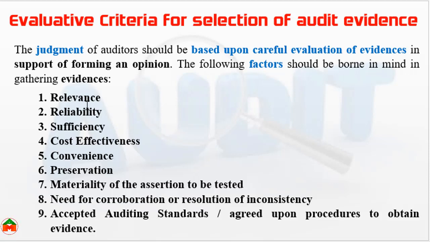should consider the relevance, reliability, sufficiency, cost effectiveness, convenience, preservation, materiality of the assertion to be tested, need for corroboration or resolution of inconsistency, accepted auditing standards, or agreed upon procedures to obtain evidence. These are the factors, issues or matters or elements that should be considered by an auditor while evaluating the audit